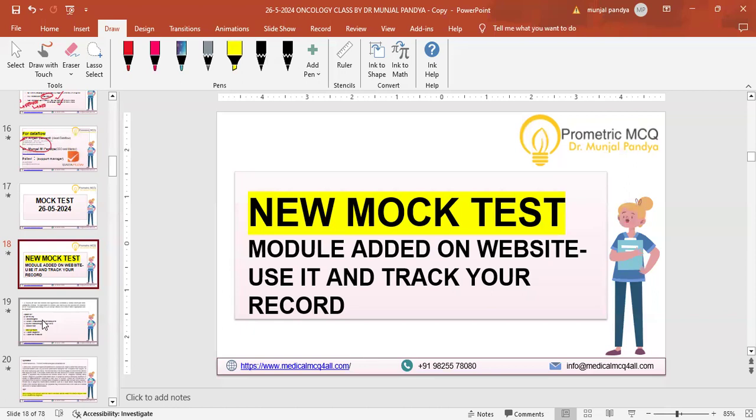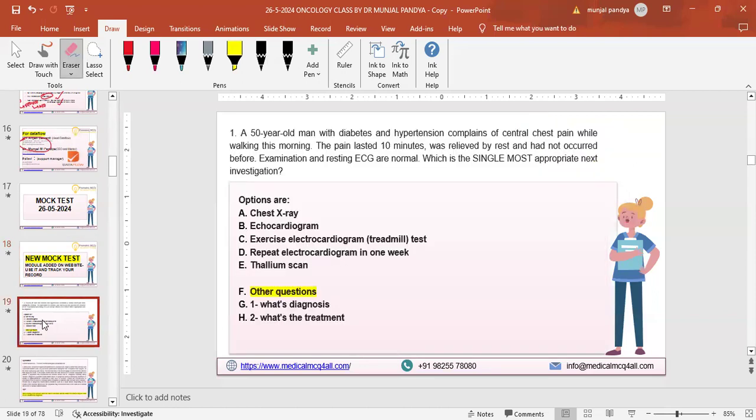So let's jump to the main things. Everybody get ready with pen and paper. I'll give you 15-30 seconds. Please keep your mic muted; if you want to interact with me, you can unmute anytime. We'll go properly and thoroughly, not in a hurry. We need to do at least 50 MCQs. Though I discussed 15, 16, in 16 I covered almost 50 MCQs. So just concentrate on things properly and try to understand.